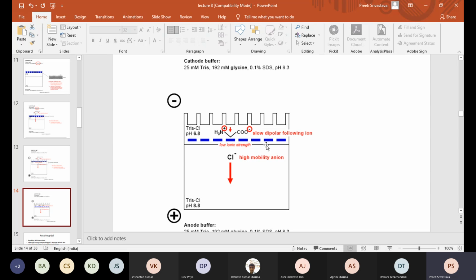That's the main advantage of using glycine. If we do not have this glycine in the buffer, you will not create the stacking effect. Stacking effect is something like sandwiching the protein between two ions. You can imagine a sandwich where you have some stuffing and then the sandwich bread on top and bottom. Now the problem is, if we do not have glycinate ion, then what will happen? Why doesn't it result in a better resolution?